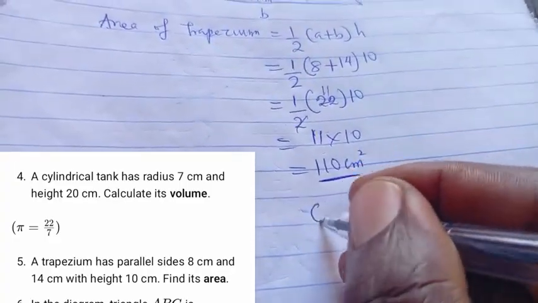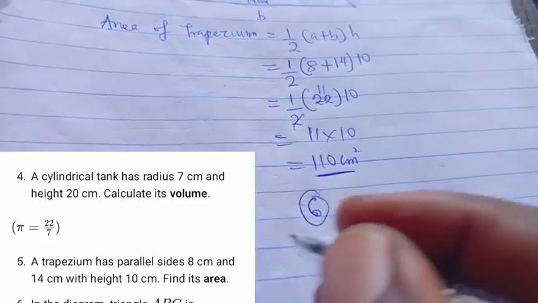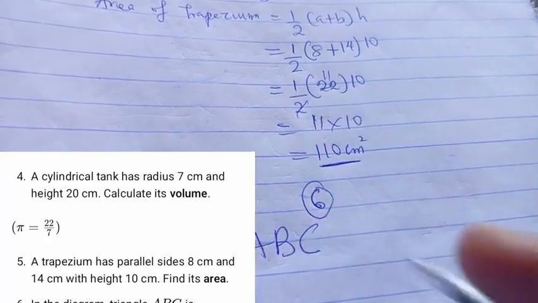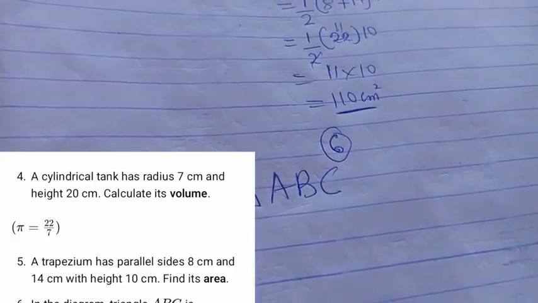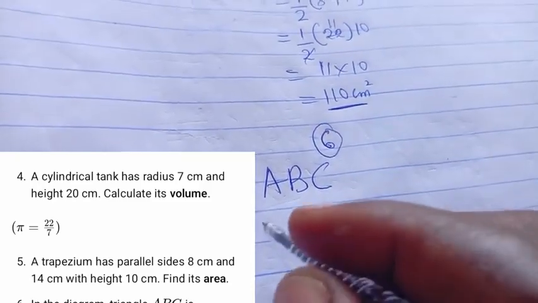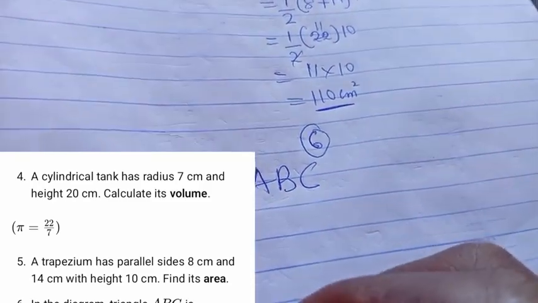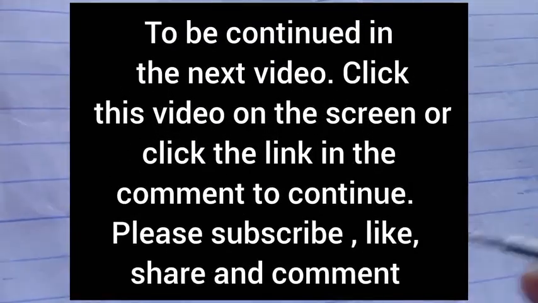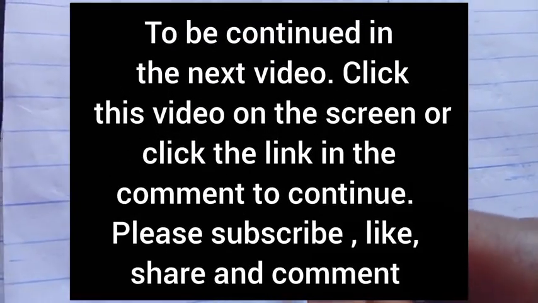Question number 6 is on triangle ABC. We talked about triangle ABC, and in this situation we were told that our C is right angled. That is, our C is 90. That's the meaning. Our C is 90 degrees. So definitely